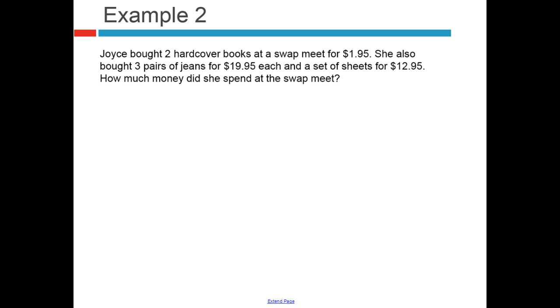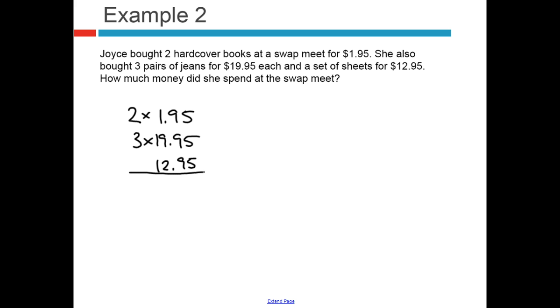Well, she bought 2 items, the 2 books, each cost $1.95. She also bought 3 pairs of jeans, so she bought 3 of those items, for $19.95. And she also bought a set of sheets for